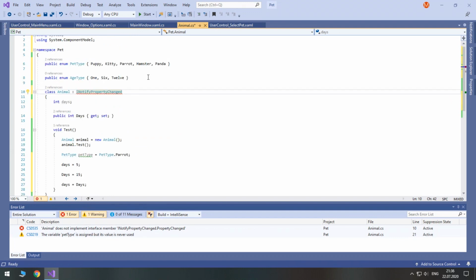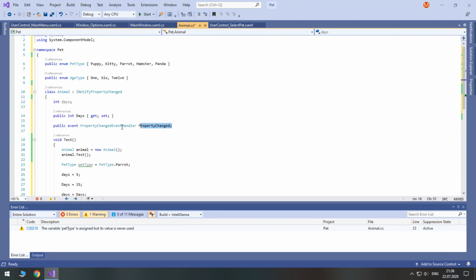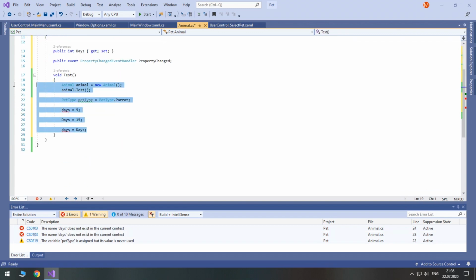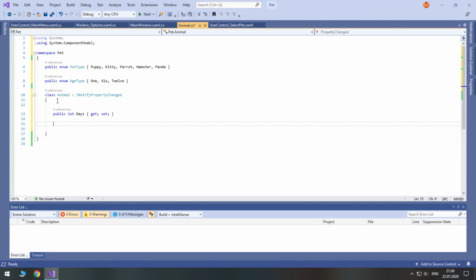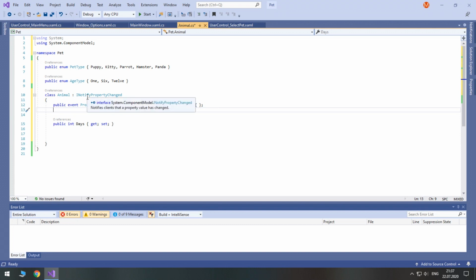So press Ctrl dot, select implement interface, and there you have it. Let's remove our test code. We don't need this. We also don't need this. Our public event will be at the top. In order to be notified of the changes made to properties, we need to raise this event that the property is changed.